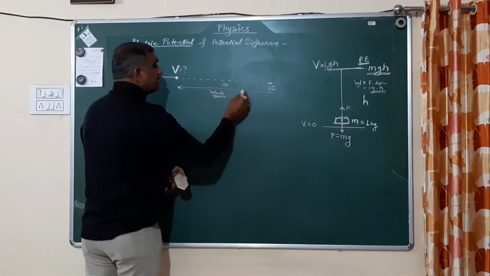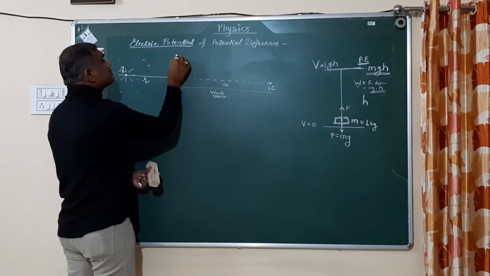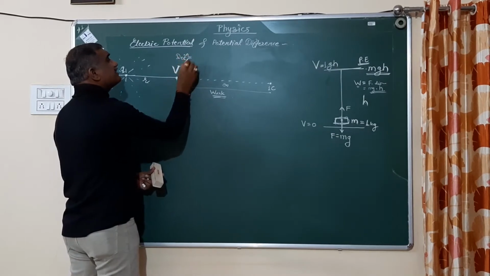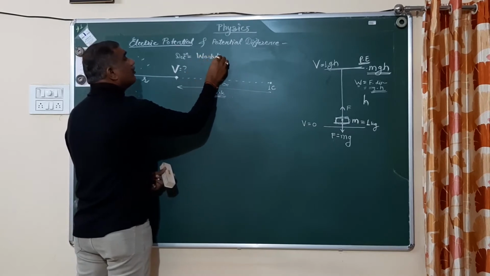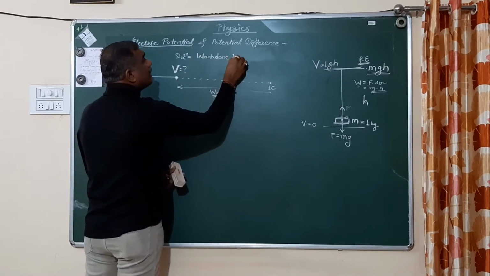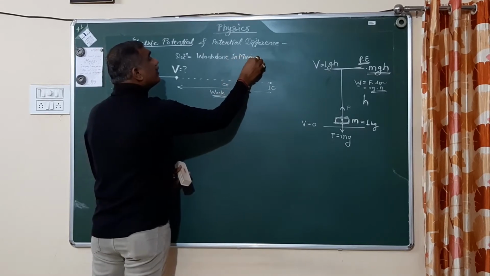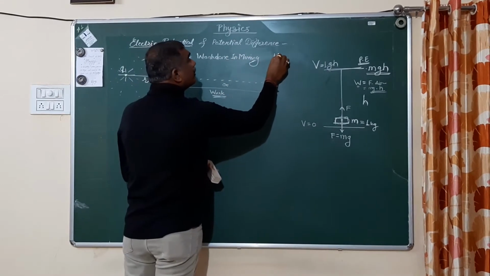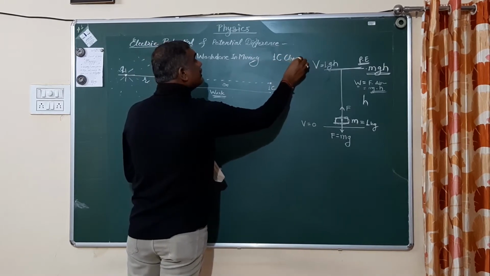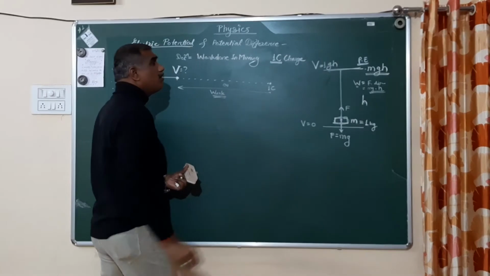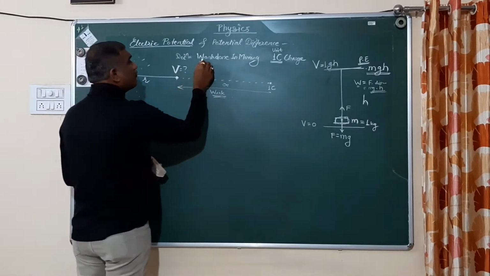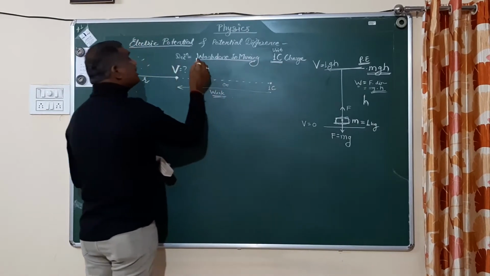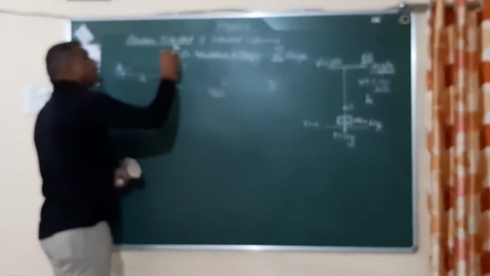Now look at this. According to this, the definition is nothing but the work done in moving 1 coulomb charge. I have written here 1 coulomb, but you must remember 1 coulomb charge is nothing but a unit charge, and that's why the work done in moving 1 coulomb charge is nothing but the electric potential. Very simple.